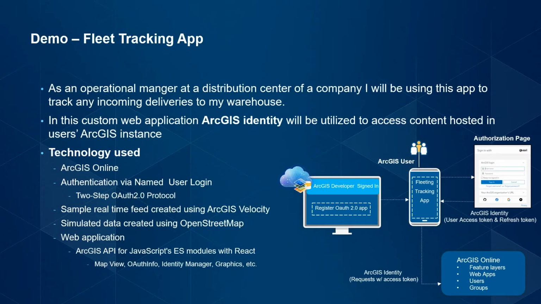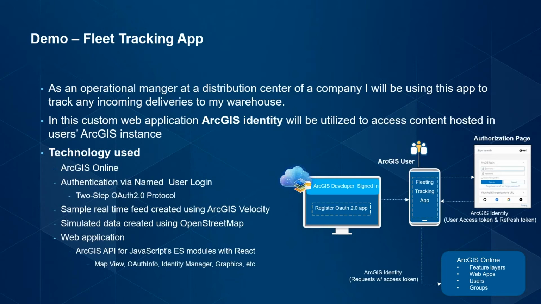So this app will help me adequately plan my labor and efficiently use man hours. Now, the purpose of this demo is to utilize RGS User Types to access the real-time data available to my named user in RGS Online and expose it in this web application that I have built on top of the RGS